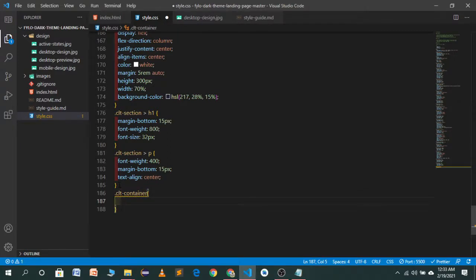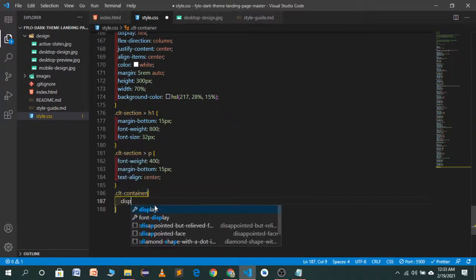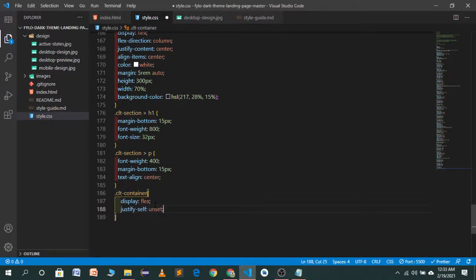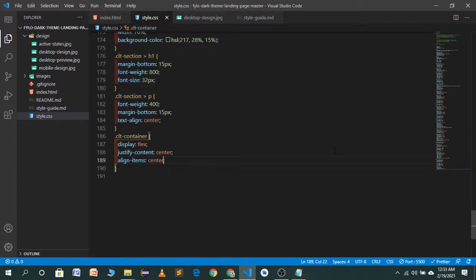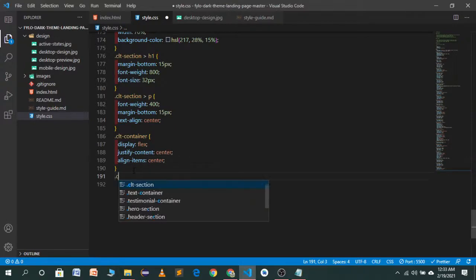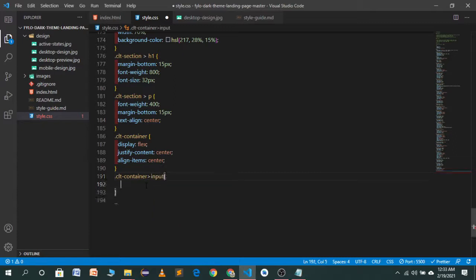In this container, first of all, we use display flex, justify content center, align items center. Now we have to target the input field inside the clt container. First of all, we have to give it a width of, maybe let's give it a width of 250 pixel.